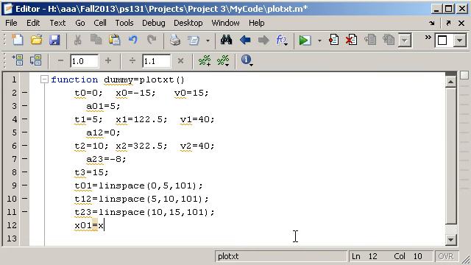Equals x0 plus v0 times t0 to 1 plus, I call it 0.5 times a0 to 1 times t0 to 1